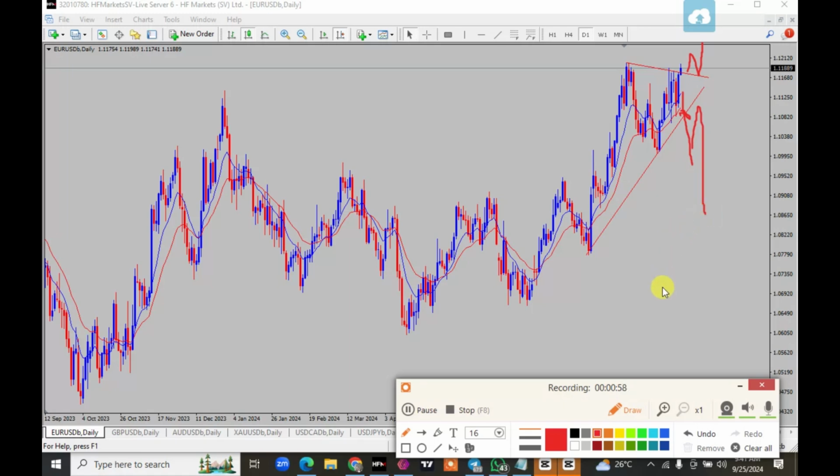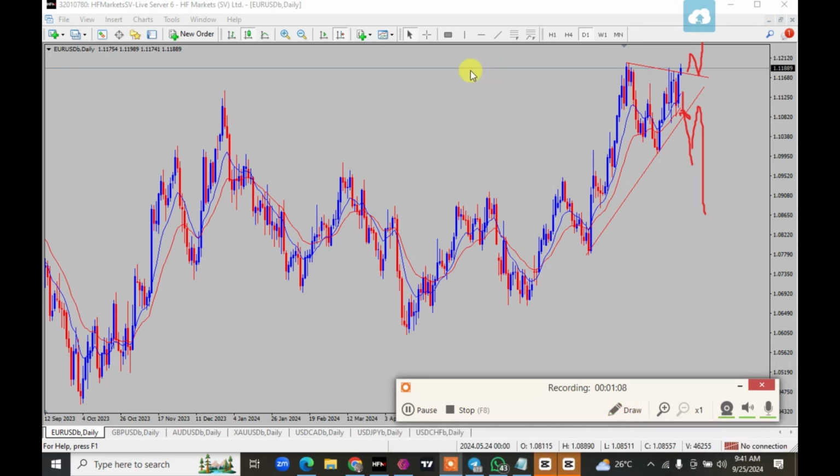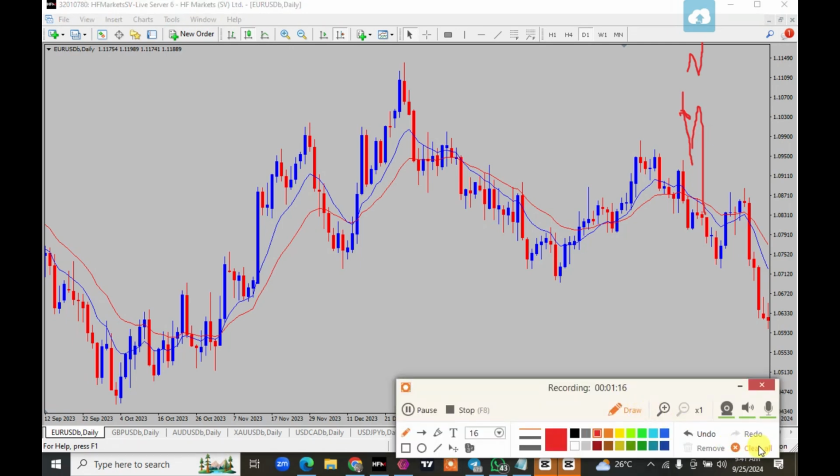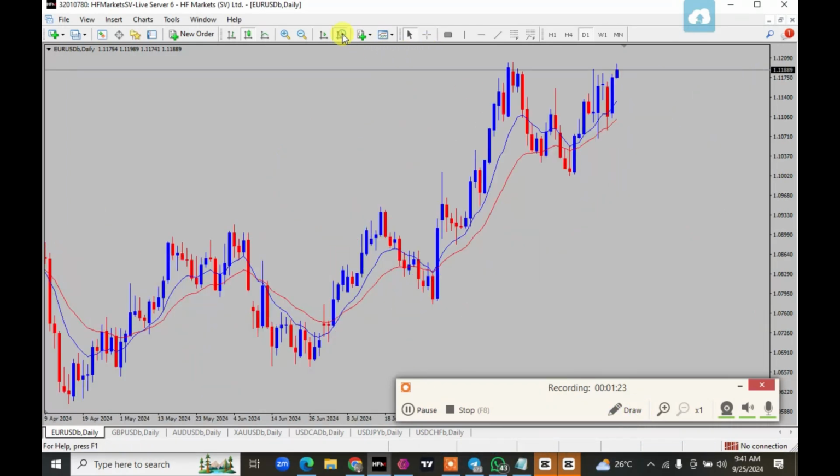For now, Euro USD is still currently in a range, so it's not yet a good time for us to buy or sell the Euro USD. So let's look further at resistance and support levels for areas that are valid for us to buy or sell the Euro USD. If you see from my chart, and let me zoom in,